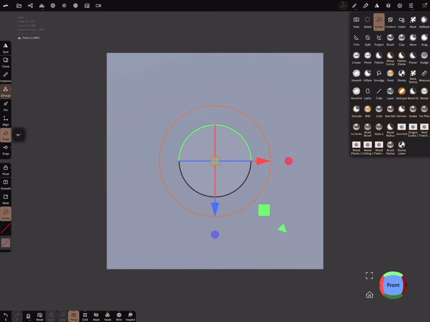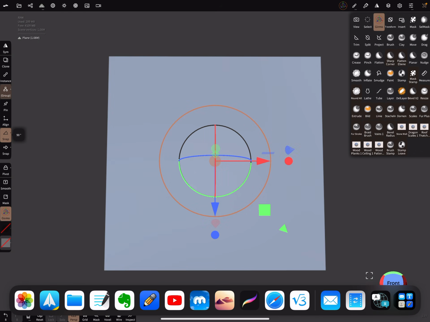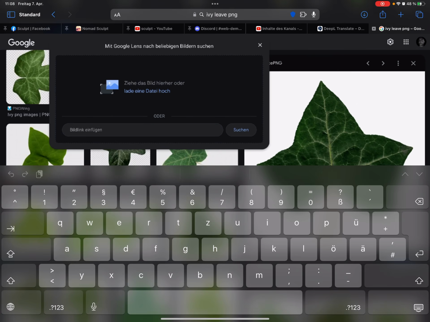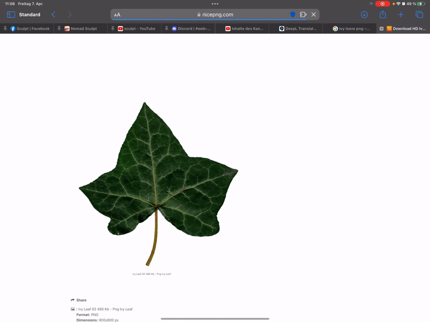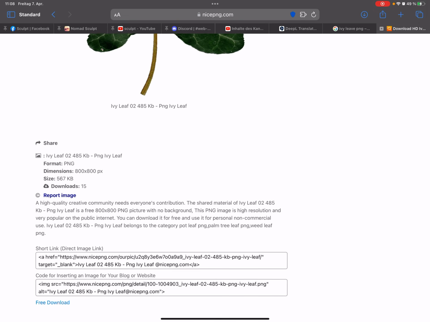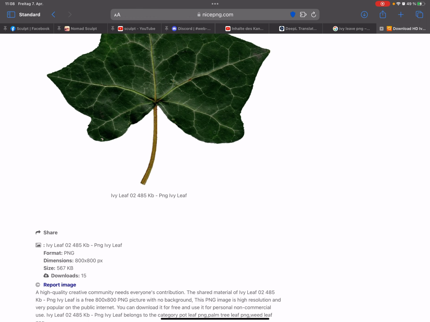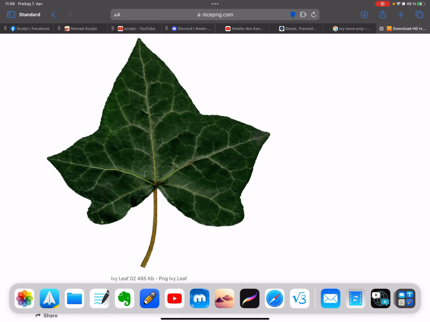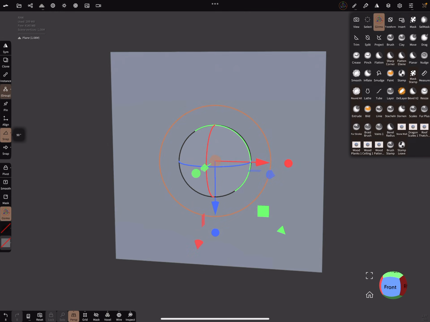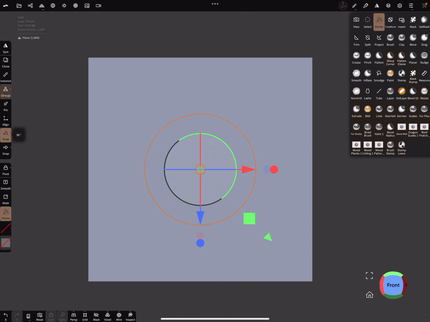So the best thing is we use the internet and we are searching for a PNG, ivy leaf PNG, and then download the PNG file here, download, and okay, save it in your gallery or in your files. So when you have your PNG image,